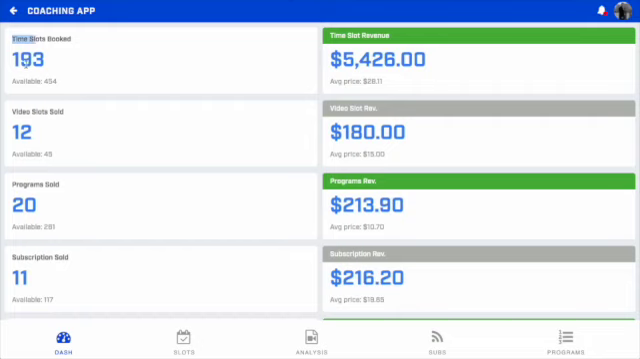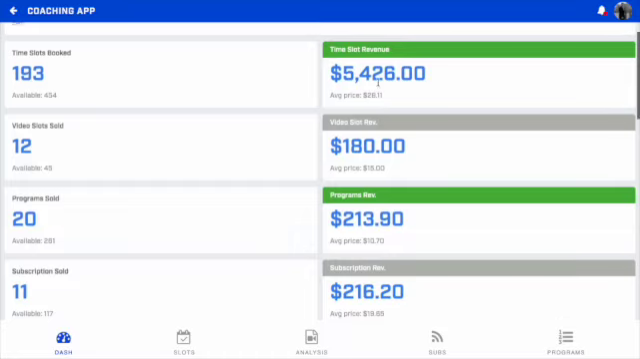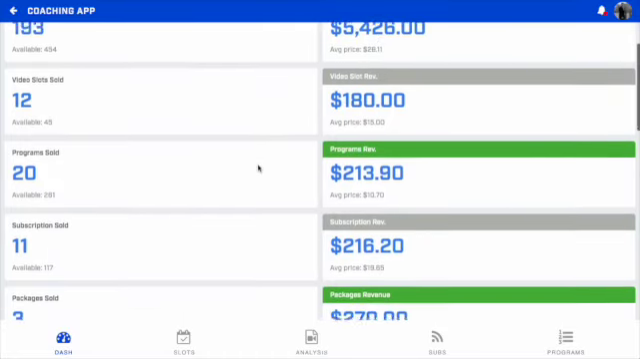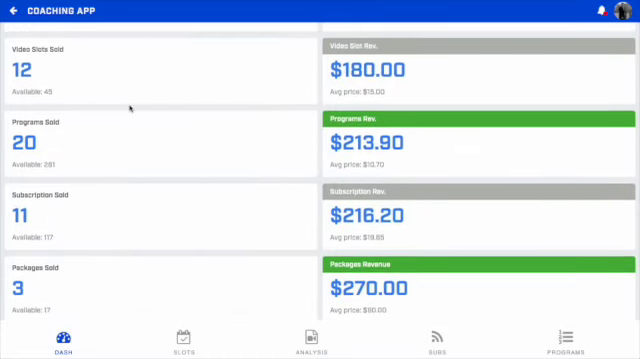Starting with time slots, you can see how many were booked, how many were left open and available, what the total revenue from time slots was, and the average price per slot booked. And on down the line here for all the different items. So we have video analysis slots. You see the number total sold, number that are still available and open, the total revenue and the price per